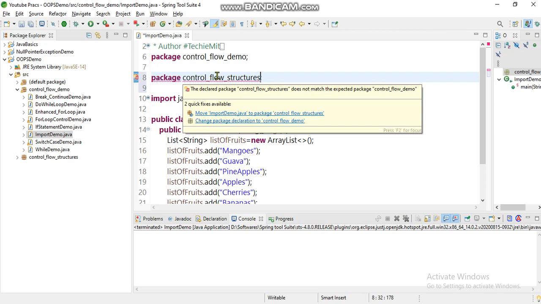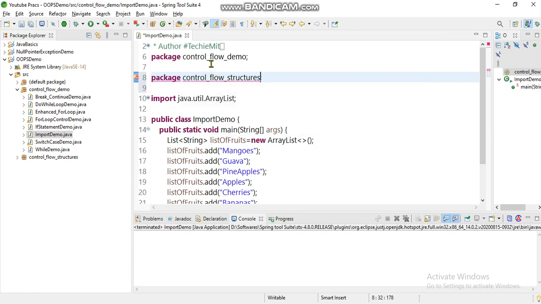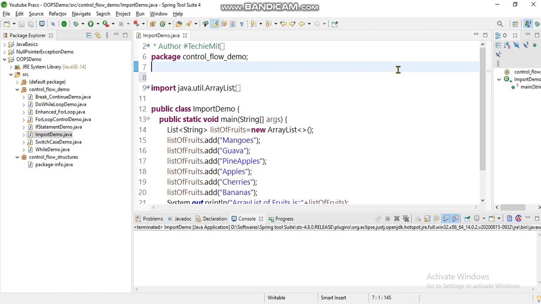It's giving an error, because the package in which this is included is a different package. Control flow structures is a different package, and it cannot be included in this package of control flow demo. As per semantics it's wrong, so you have to not include it in this way. This is not the right manner.